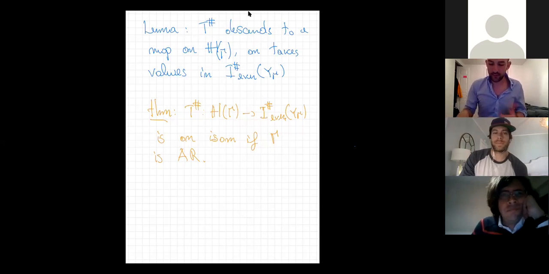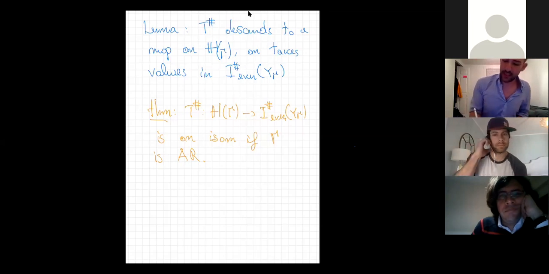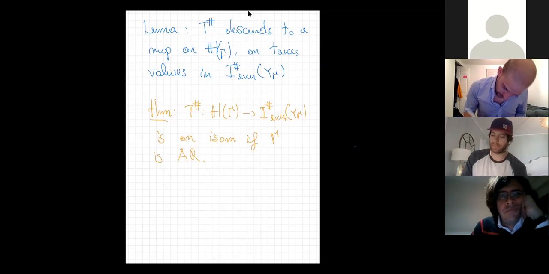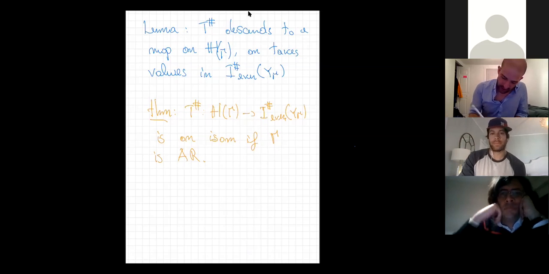So the proof of this theorem, how does it work? I can say a couple of words about this, and then I can say a couple of words about the lemma. So the proof of this thing is somehow the following. We establish a surgery exact triangle